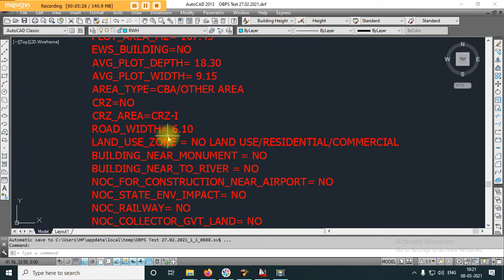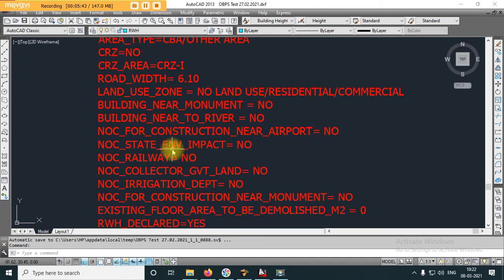Then you need to enter the NOC for construction near airports. You need to declare whether the site falls within the funnel area of the airport, for which the Government of India has also notified a CCZ map. NOC railway: if the site abuts within 30 meters of the railway boundary, then you have to enter yes or no for whether the site falls within the 30 meters.